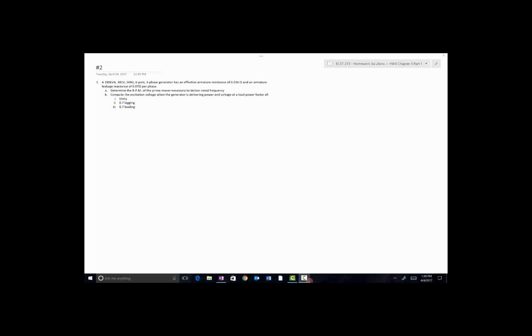Hallmark solution 4.2, a 180 kVA, 381 volt, 50 hertz, 6-pole, 3-phase generator has an effective armature resistance of 0.016 ohms and an armature leakage reactance of 0.07 ohms per phase. Determine the RPM of the prime mover necessary to deliver rated frequency. Compute the excitation voltage when the generator is delivering power and voltage at a load power factor of unity, 0.7